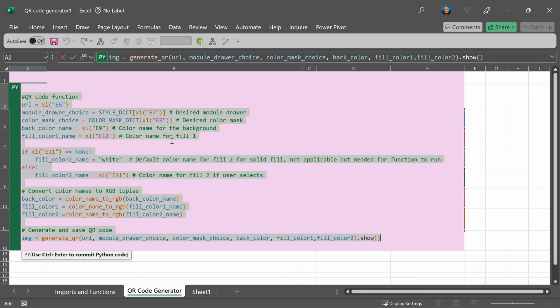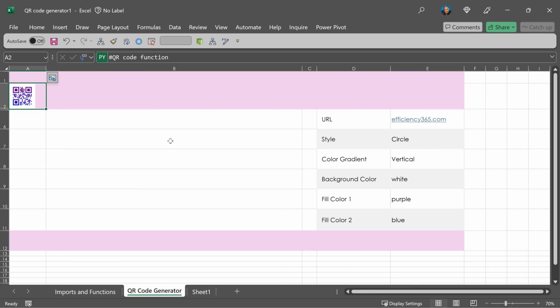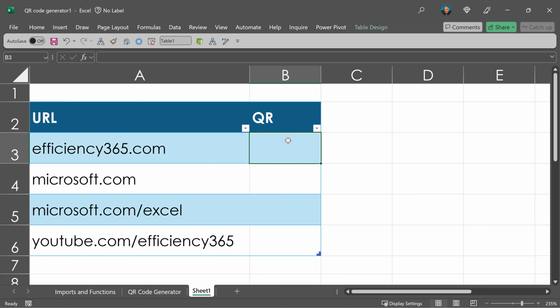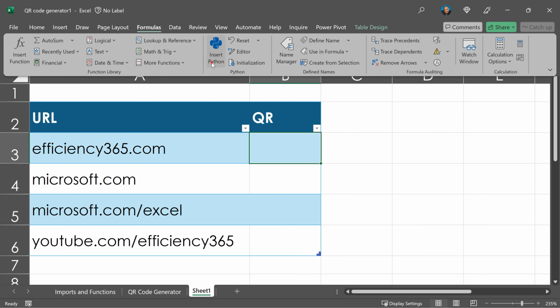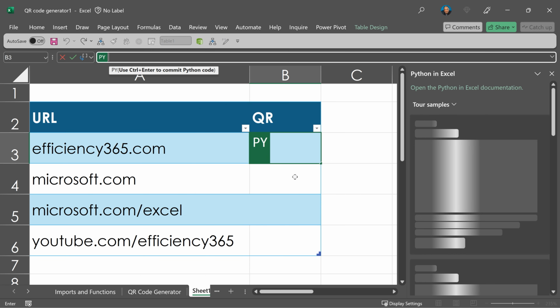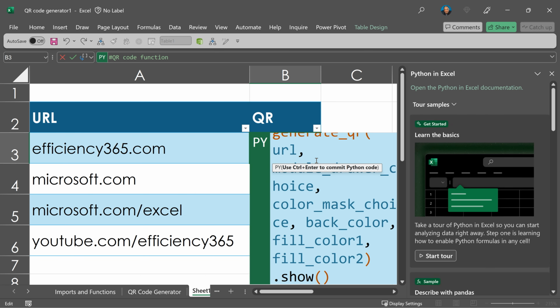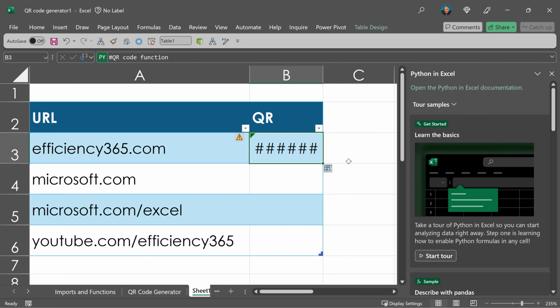I'm going to go to the original code, press F2, select all, Ctrl A and copy, press escape, come back to our table here and press F2. But now if I just paste it, it's not going to become Python. I need to say I'm adding Python. So go to formulas, insert Python, and then paste it. Now the code, Ctrl Enter. Okay, something happened. We'll see what happened.